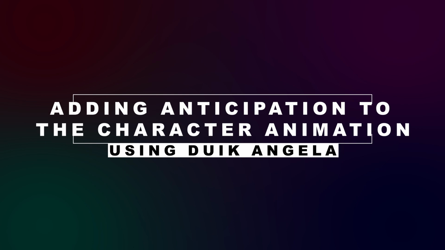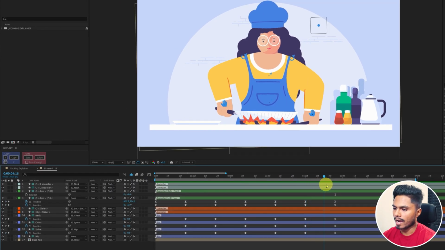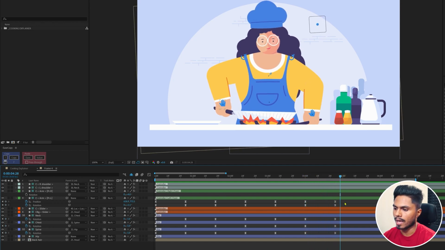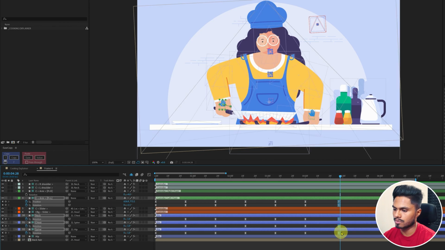Okay, now let's see how to anticipate an action while animating a character. After this action, we're going to pick up the egg from the frying pan. So we're going to anticipate that action before picking that egg. Now let's move the playhead somewhere around here. I think we can slow down this action by a few more frames because here we are going to anticipate